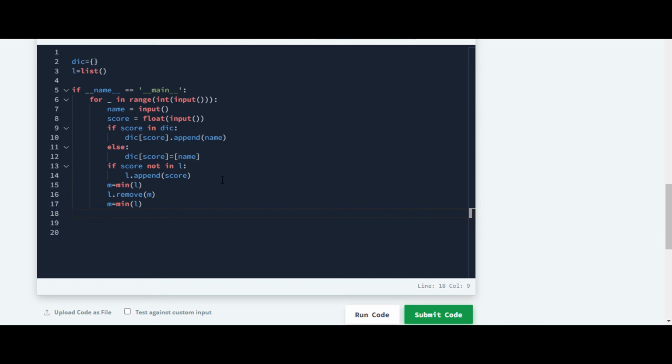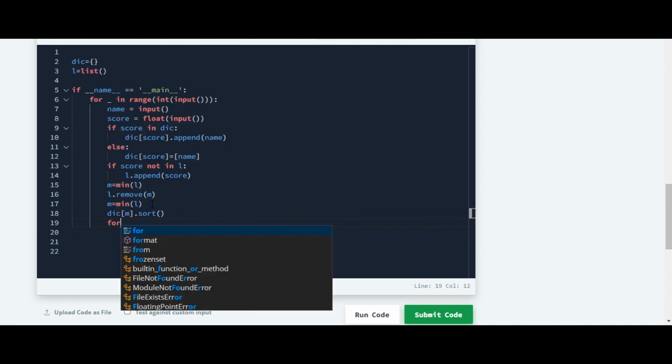They have asked us to print the names alphabetically. We are using a sort function to sort the names. So here we are writing the dictionary and using the sort function to sort it. It's just dot sort, okay.